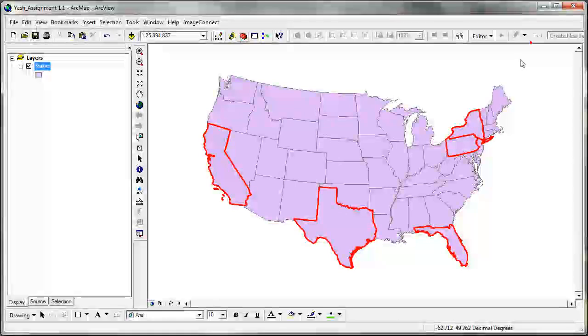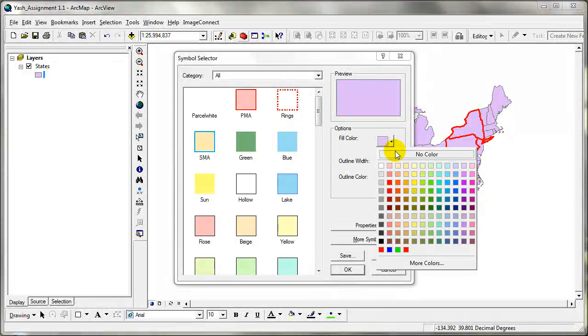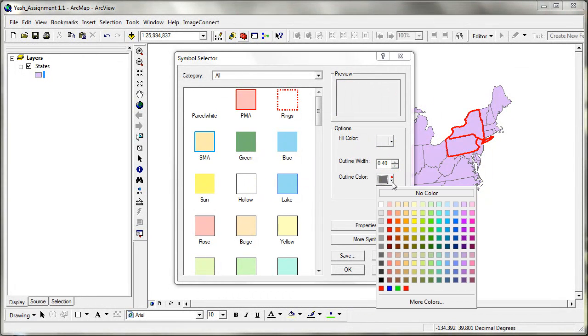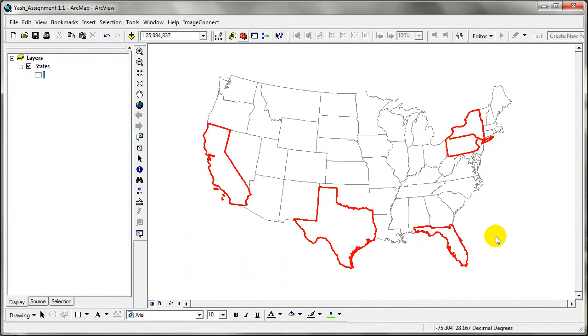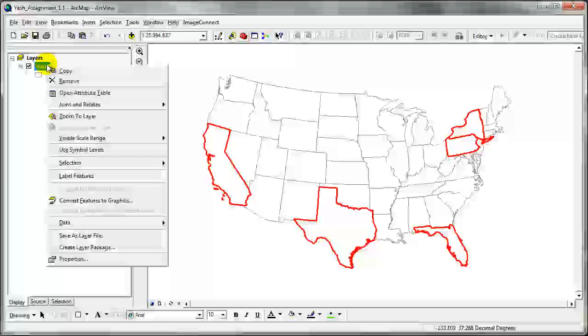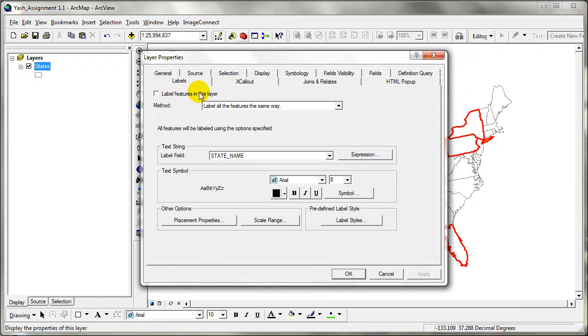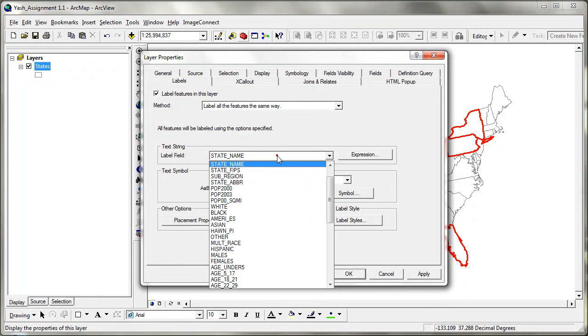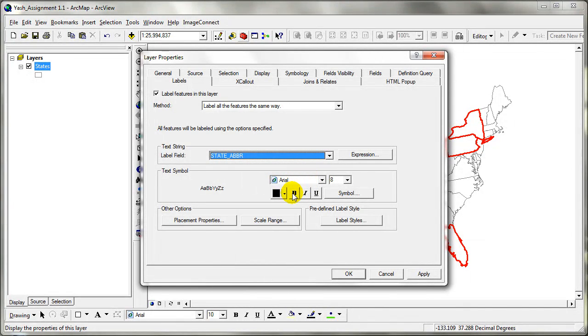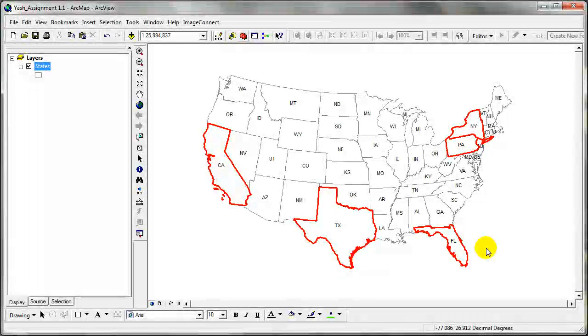I'm gonna minimize this thing so that you can see how they are being selected right now. So the book asks you to actually go for a hollow color and maybe a dark gray outline. I'm gonna do that, and I'm gonna go to properties of the layer and go to the labels field, and I'm gonna click on label the features in this layer based on the state name, which is actually state abbreviation, so that they are not too cluttered. You see what I meant? And I'm gonna click on OK. So now you can see the states that have the highest vacancies, and they're being highlighted, which is pretty